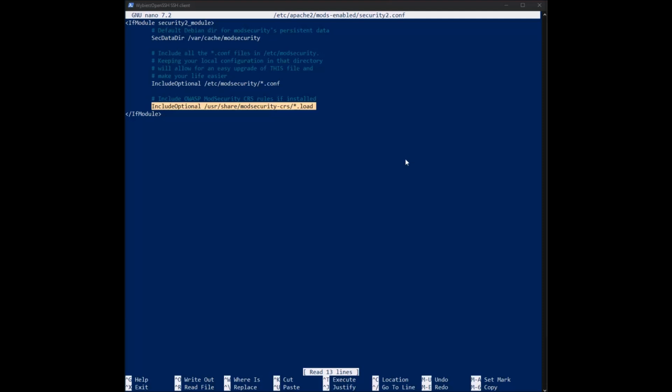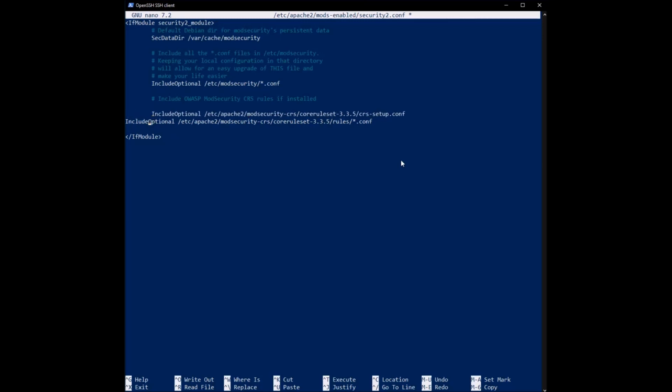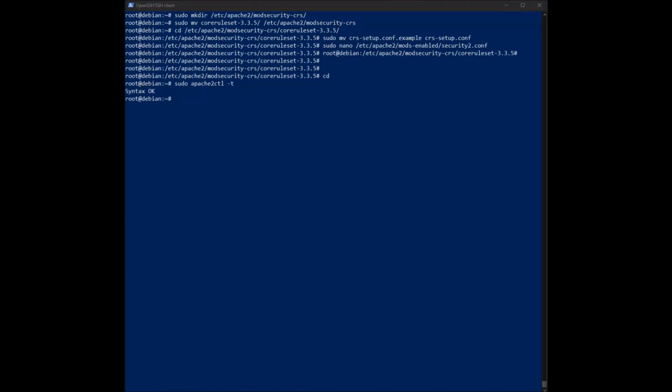So we're gonna actually scratch this line, and we're gonna add 2 additional lines. And save it. And now we're gonna do apache2ctl -t, and syntax is okay, fine. Now we're gonna restart Apache,